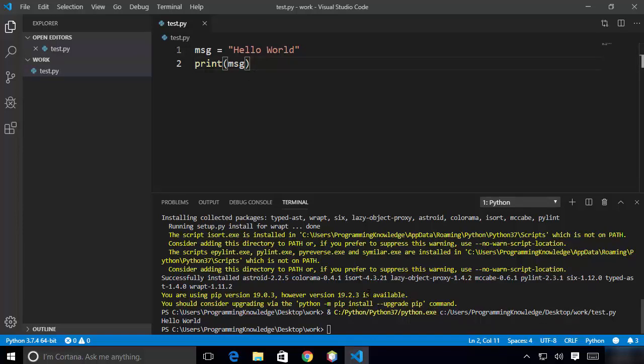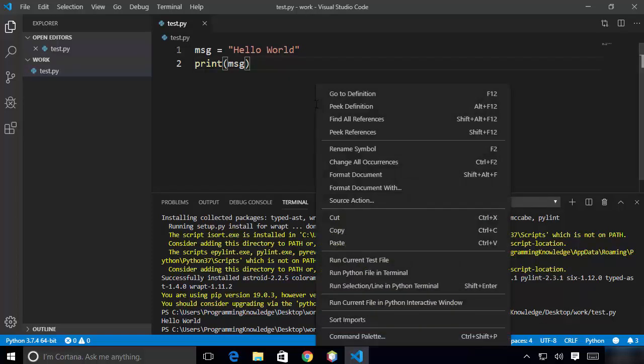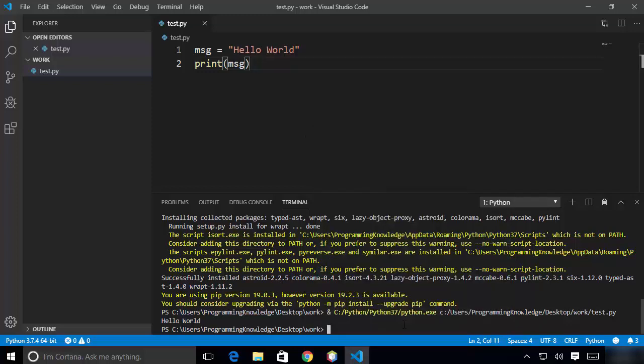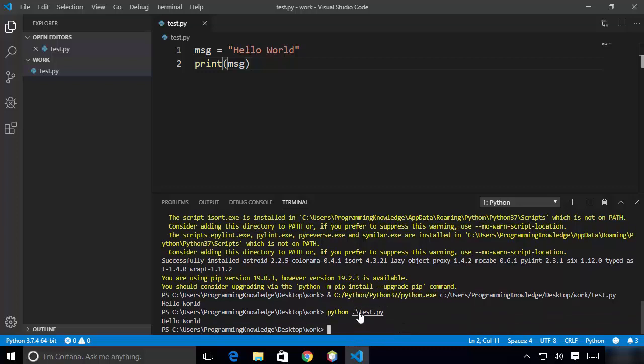Now let's try to do it manually. We have just run our script by right clicking on the file and then choosing this option. But you can run your Python script using the command line simply. So you can just write python and the name of your script, which is test in our case. And because it's a PS terminal, which is a PowerShell terminal, that's why it's adding this dot and this backslash here. Otherwise, we could have just used test.py. Also on your Linux operating system, it will run fine. So you can see the same result here.